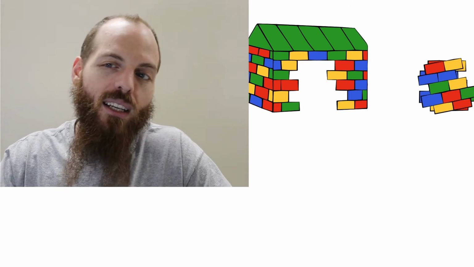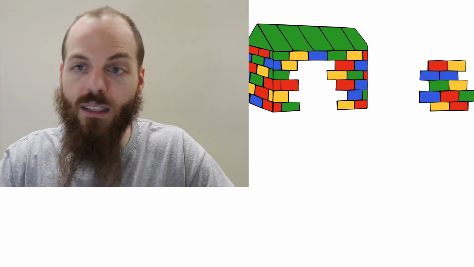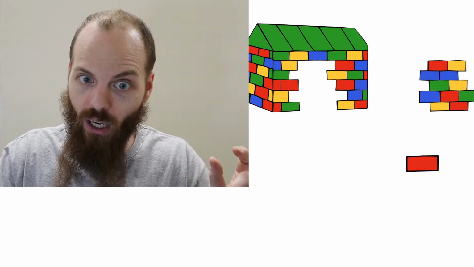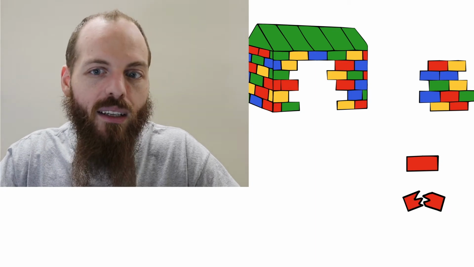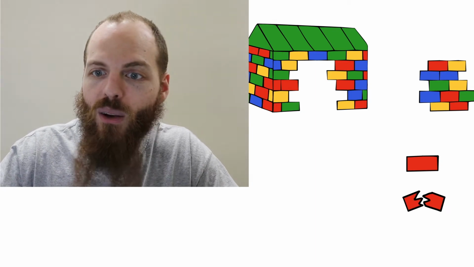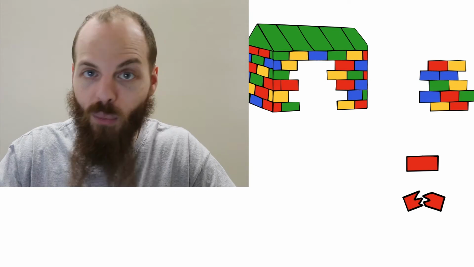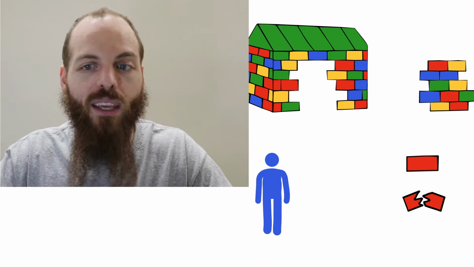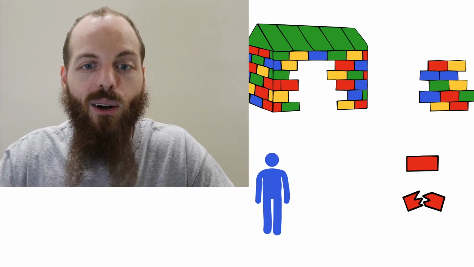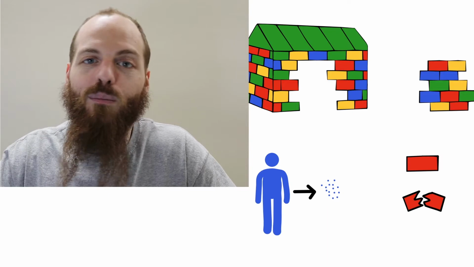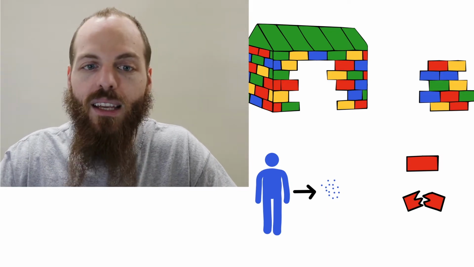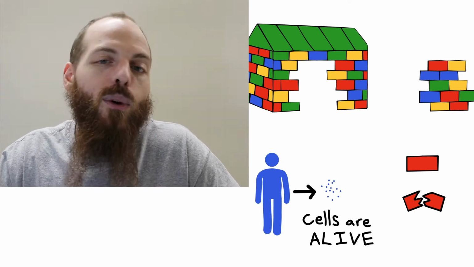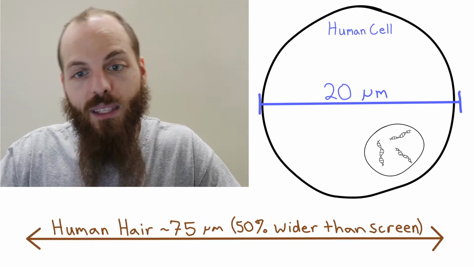But if we try to keep breaking down this wall into smaller and smaller pieces, eventually we will get to a single Lego brick. If we break that Lego brick, it's not going to work anymore. We can't really put it back together and build a wall again with it. In our bodies, this smallest part that we can't break without destroying it is called a cell. And our body is made of billions and trillions of cells. Each one of them is alive, and they're very small. So if we want to draw a cell, let's say it's about this big.